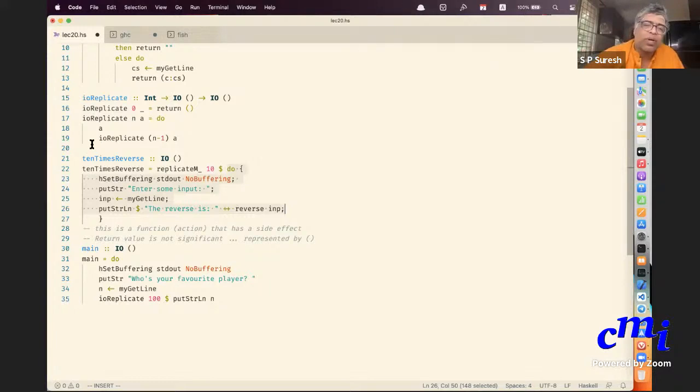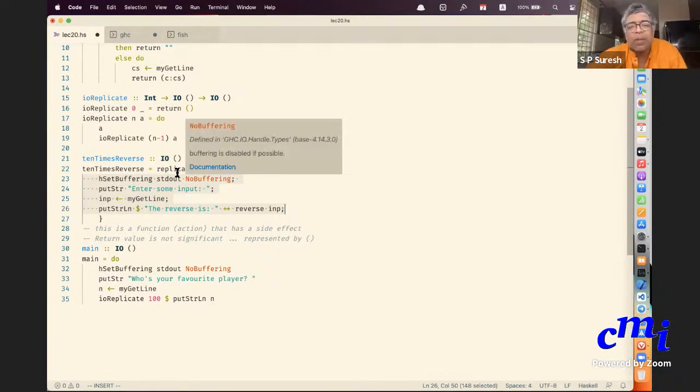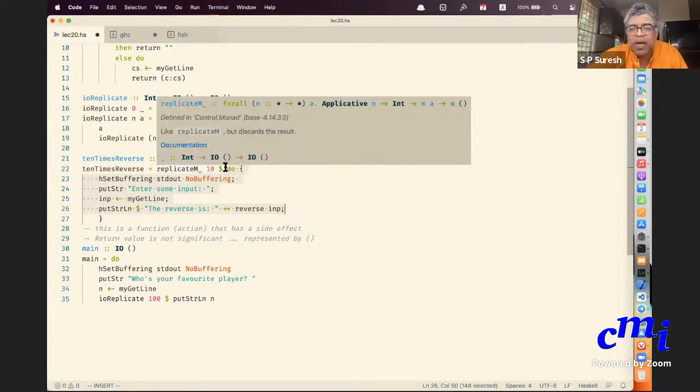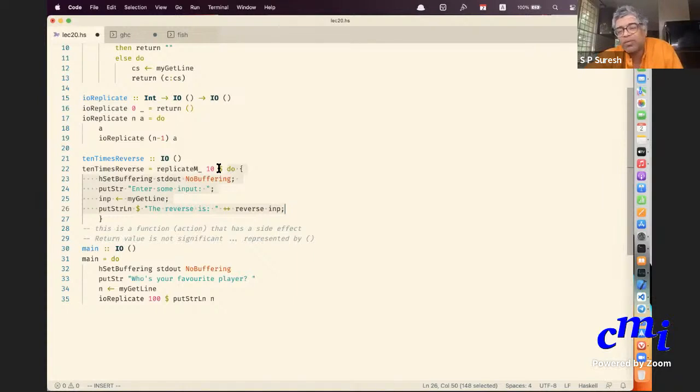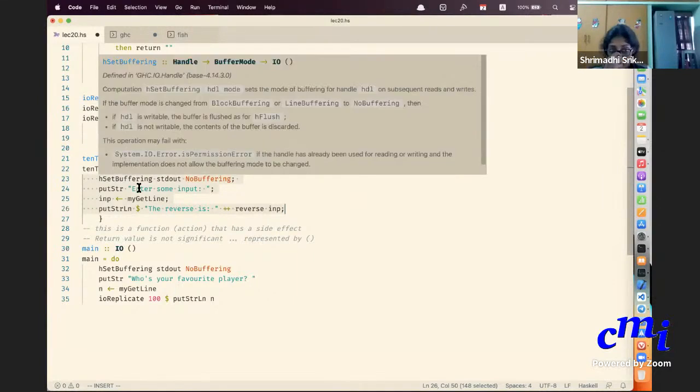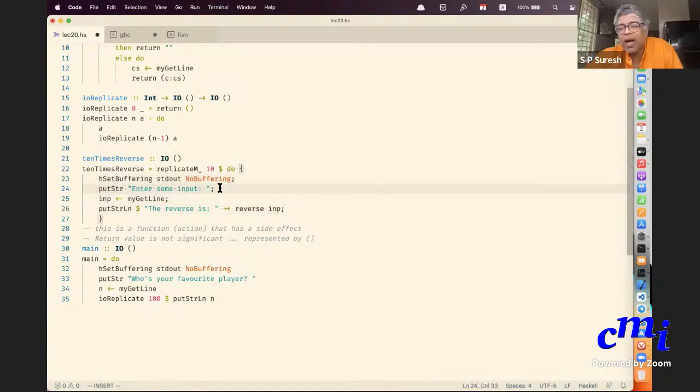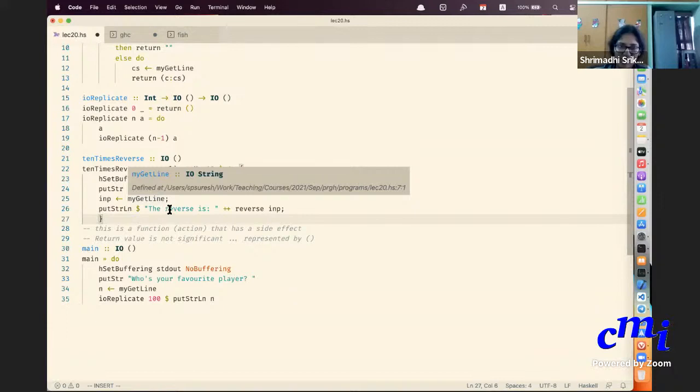I am using replicate M underscore, but what is the action doing? The action is asking for the user input. Yeah, but I didn't get the difference between replicate M underscore and replicate M.